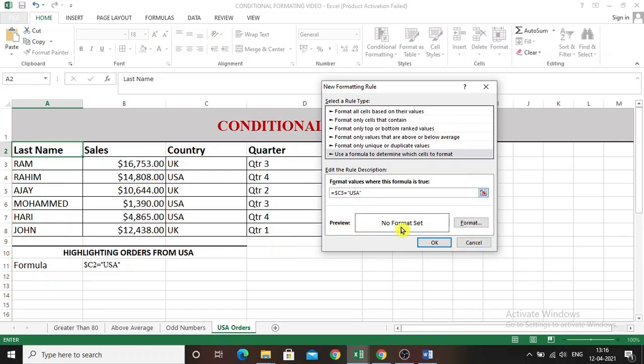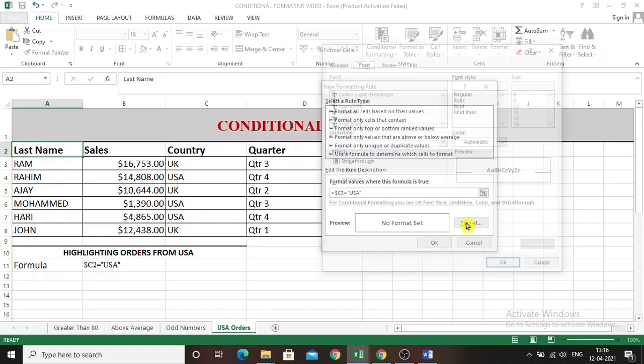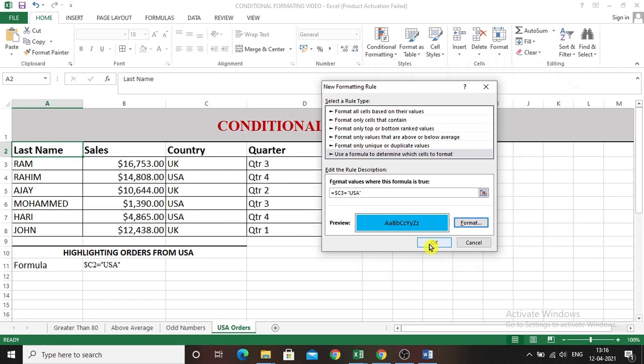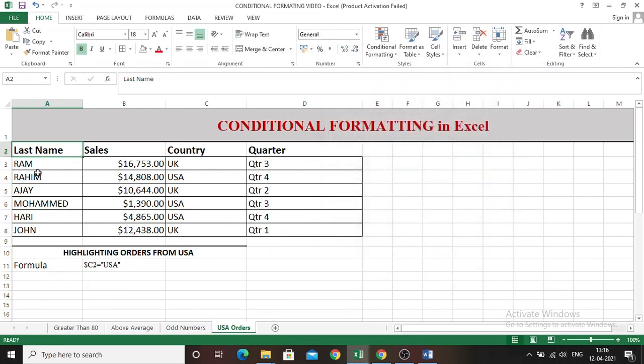Then you have to set the format, click format, then click fill, then you can choose a color of your choice. Now I want to see in this blue color, sky blue. Click OK, then click OK.